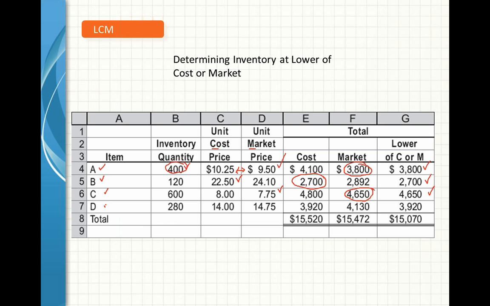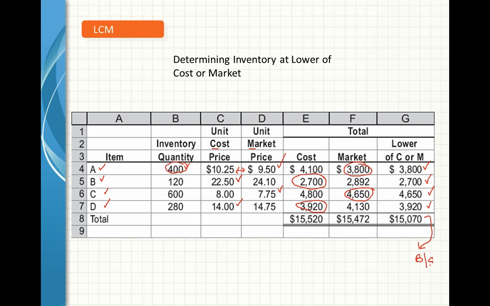Then item D, 280 units purchased at the rate of $14. Now the market price is 14.75, so I have to consider the cost, 3,920. $14 times 280 units, so 3920 I should consider. I am going to show this amount in the balance sheet,